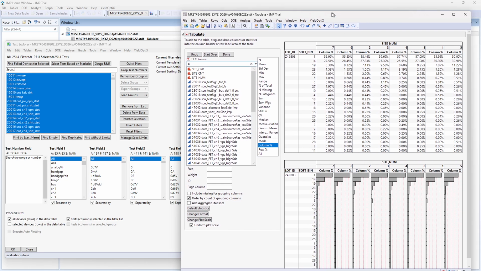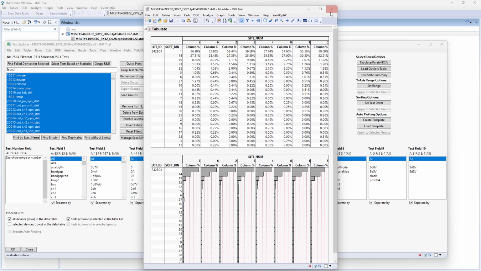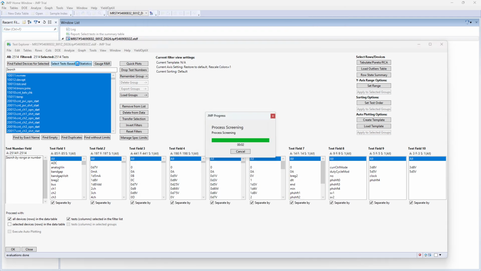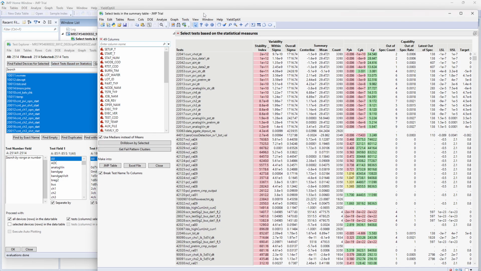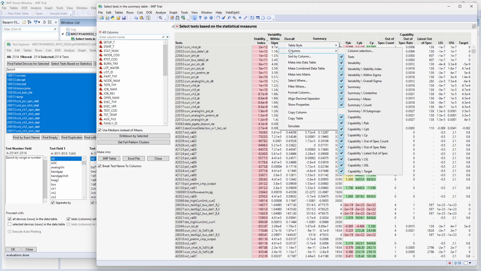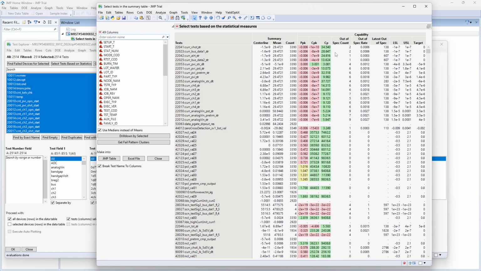To generate a failing test Pareto, the Select Tests based on Statistics option is used. This instantly produces a table displaying multiple parameters, even for hundreds of thousands of tests. The table starts with the test name, followed by key metrics such as sigma, median, mean, tested unit count, PPK, CPK, CP, out-of-spec count, out-of-spec rate, and lower and upper limits. If any of these parameters are unnecessary, they can be removed by right-clicking on the column name and disabling them